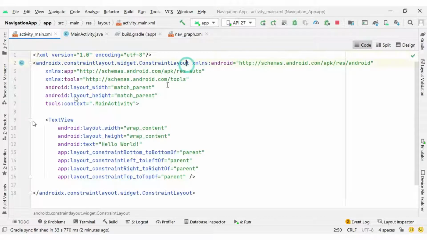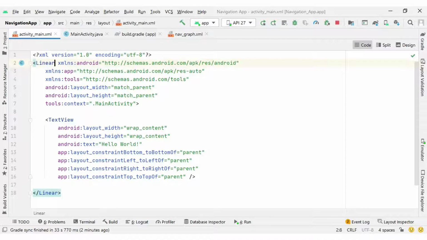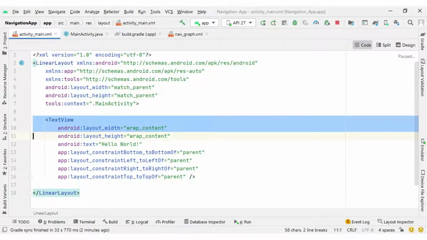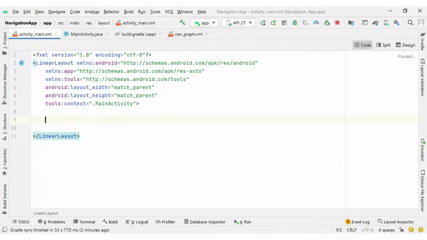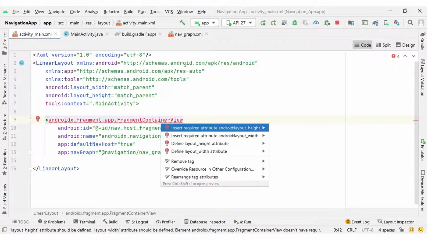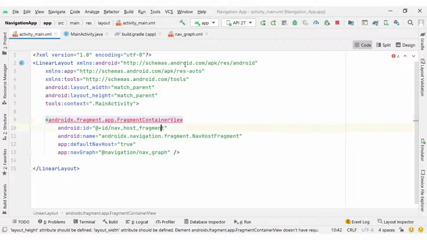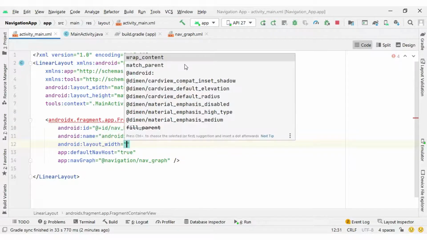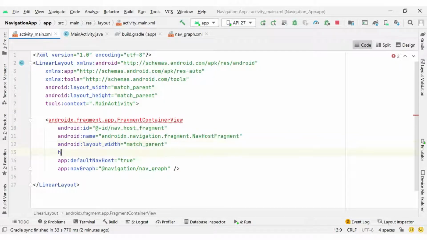You can change the constraint layout to any other layout. Let me convert it to a linear layout, and next I will replace this text view with the fragment container view. It requires width and height, which are not in my tag currently, so I will type them manually: width match parent and height match parent.